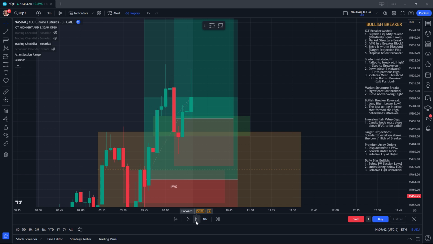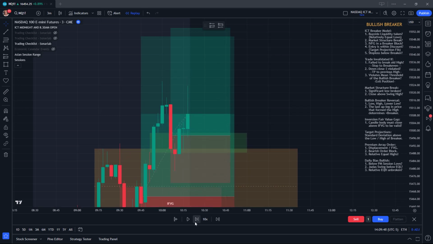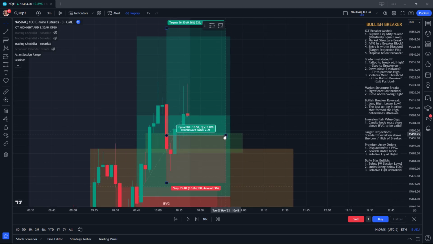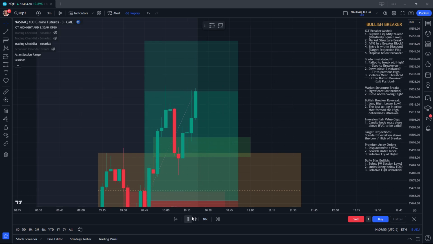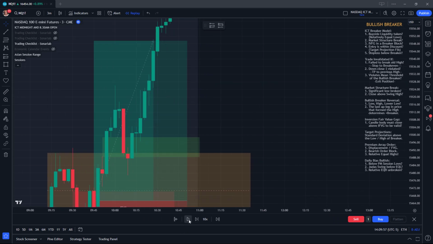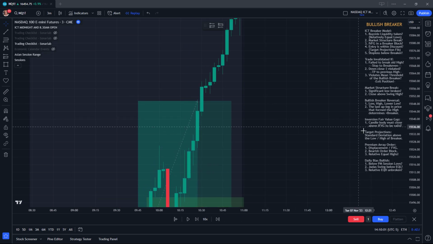It goes back up again. Luckily this wick never closes below this swing low here, so that's fine. We didn't actually enter this trade here, so I'm just going to remove that. We're only looking at this. Whoopsie, I clicked the play button. Oh dear. Okay, I was going to go through it bit by bit, and